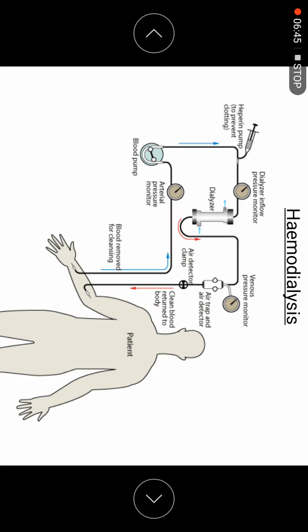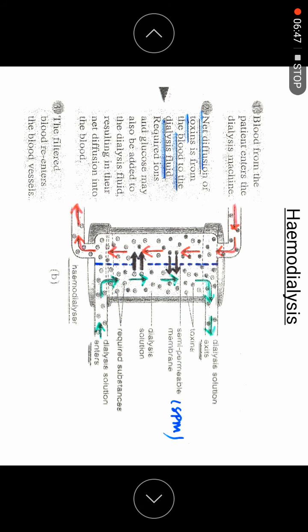This is also another diagram. So what is inside the machine? Inside the machine, this one you must know, you will have the dialysis solution. This dialysis solution is isotonic to the body cell, meaning whatever the blood from the patient is, if the blood is